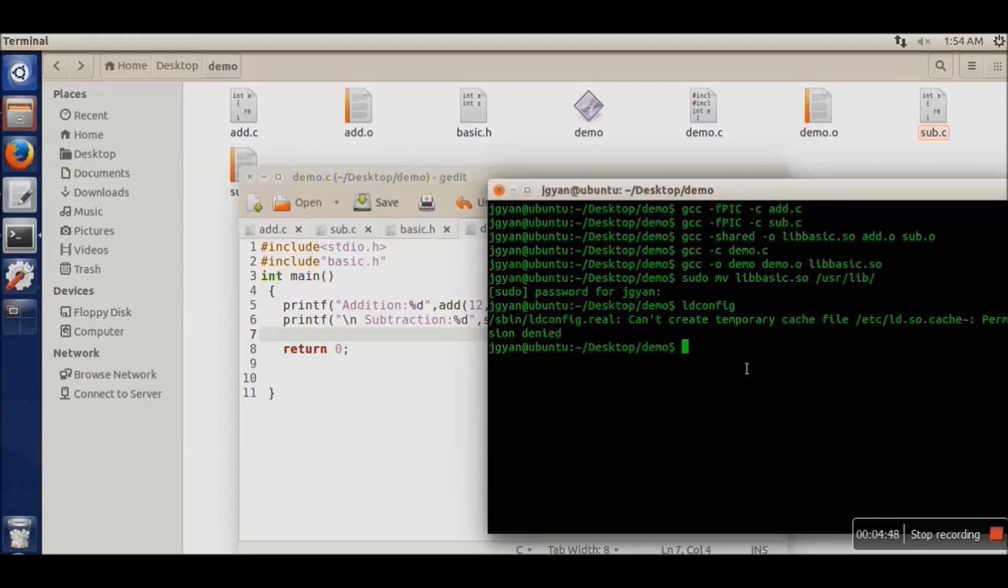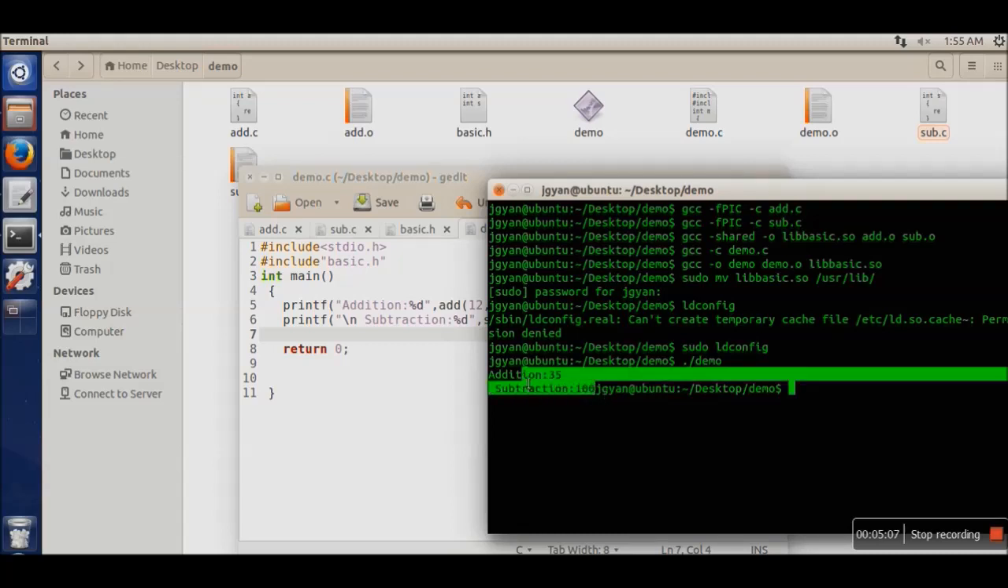After that, ldconfig also needs administrative privilege, so we will execute it with sudo ldconfig. Now it's done. Now we simply execute our program. So this is the output for our program. This ldconfig will load your dynamic library in memory, and when you execute it, that linking will make your program